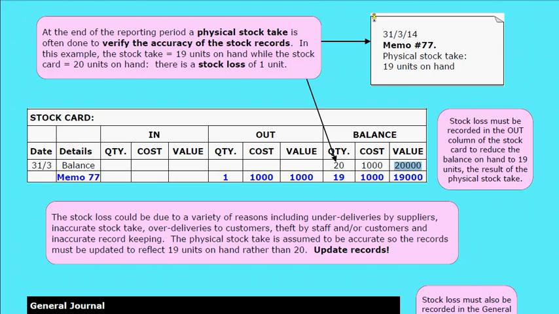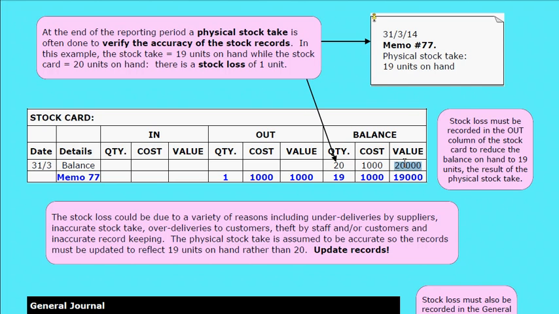This video is about stock losses. Look at this stock card. At the end of March, the 31st of March, it shows a balance of 20 units on hand, $1,000 a unit, $20,000. From time to time, the business will check the accuracy of its stock cards by doing a physical